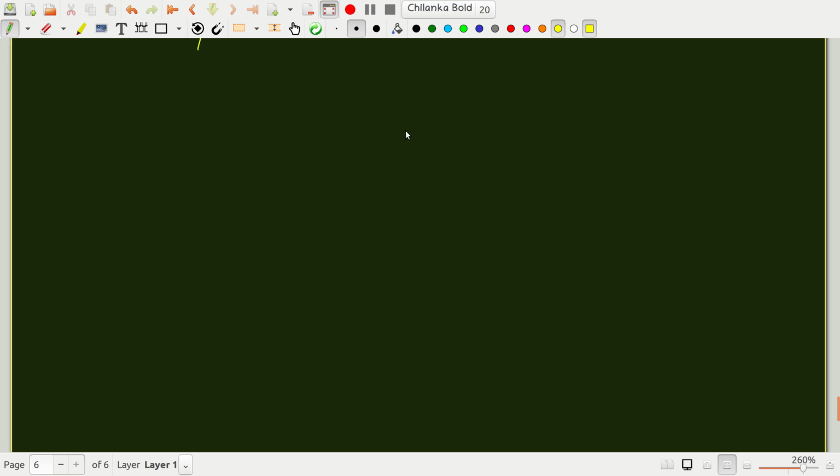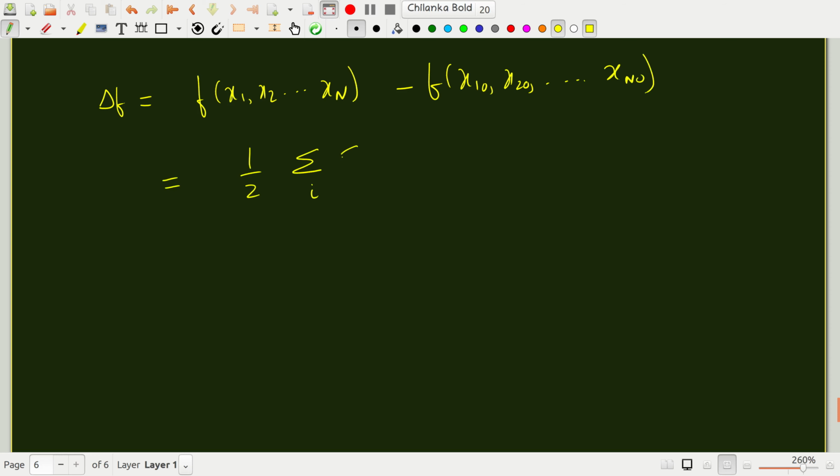Now, just as a teaser, suppose you ask the question, what about functions of many variables? What if f is not a function of two variables, but a function of n variables, x1, x2, up to xn, around x1 naught, x2 naught, xn naught? It turns out that you can generalize the Taylor series to n variables, and up to second order variation you will find partial squared f by partial xi partial xj evaluated at the stationary point.